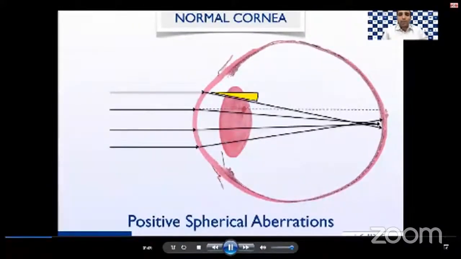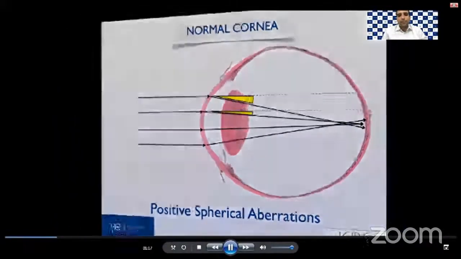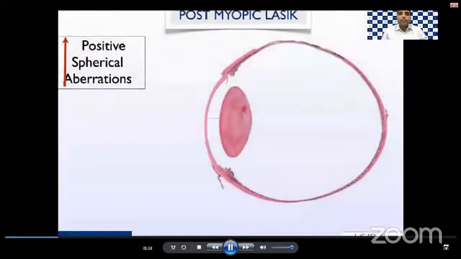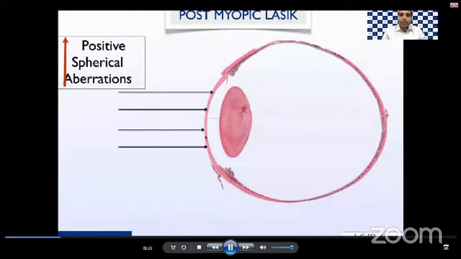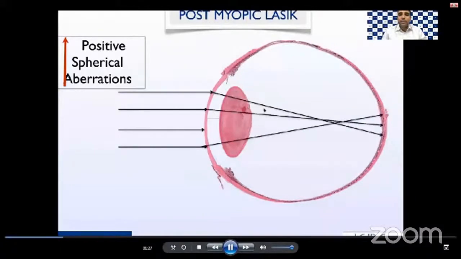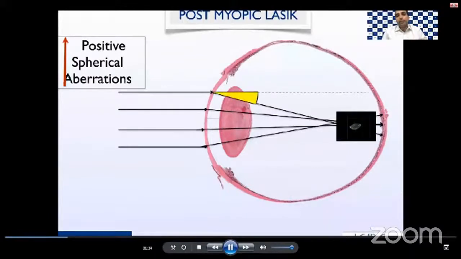As far as the normal cornea goes, the bending of the light from the periphery is relatively generally more, which leads to positive spherical aberrations. In a myopic LASIK, which is the most common form of refractive surgery, there is further flattening in the central cornea, which leads to an increased relative bending from the peripheral areas, which leads to more positively induced spherical aberrations